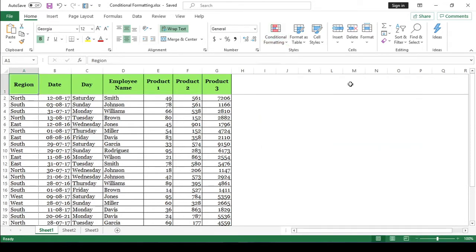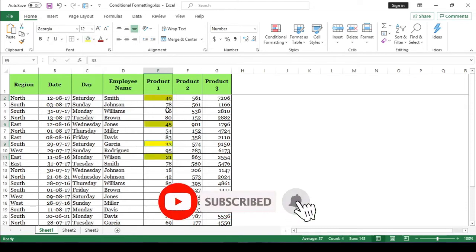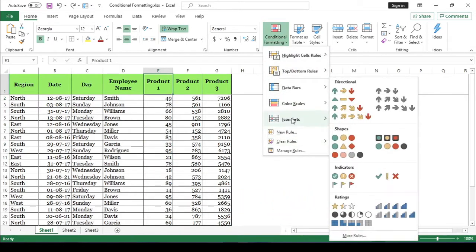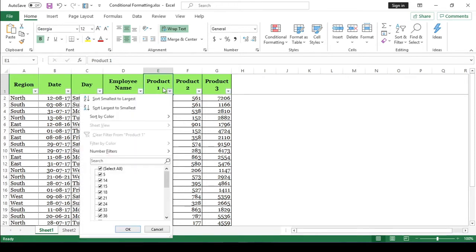Icons are a good tool to make it very easy to visualize the values in a range of cells. Each icon represents a set of values. We can customize the base value of icon sets. One more thing to note is that there are two types of icon sets available: 3 color scale and 4 color scale. In this Excel sheet, the data range of product 1 is from 1 to 99.